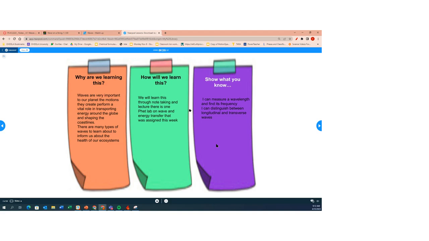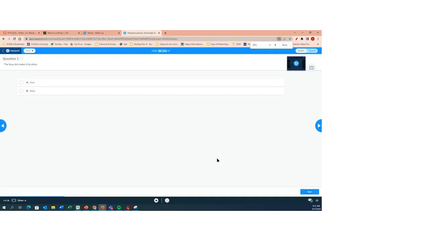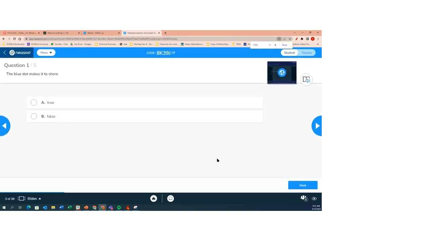All right, so what we're going to do is we're going to do a Nearpod. I'm going to show you a lab here. If you've never been to Hocking Hills, you should take a look at that. Okay, so if you guys will do this, let me see if I can make this bigger. There we go. All right, so if you look at the wave,